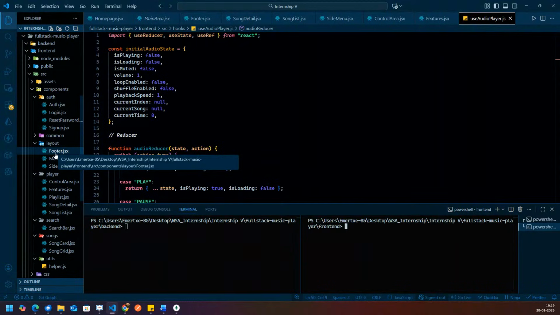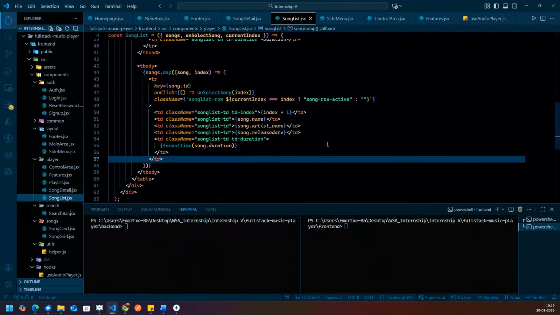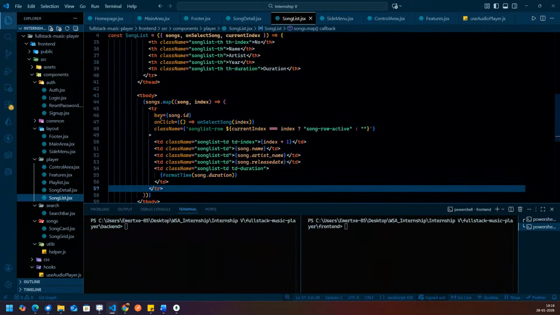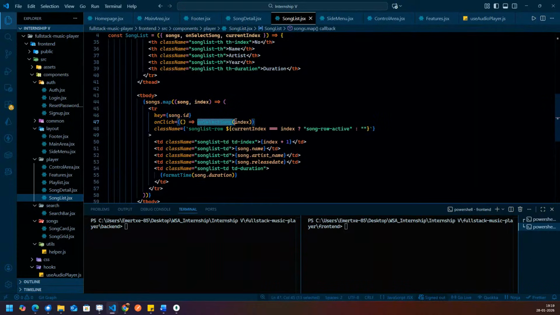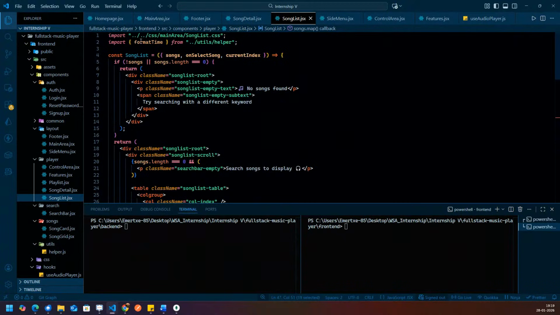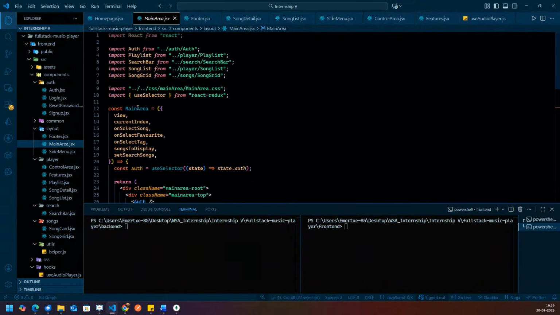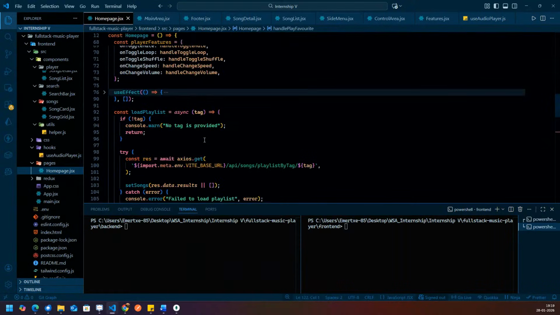So, properties of null, that's the error. So ID it is not able to verify. When you click on play, if you go to the main, go to the song list, correct? In the song list, this is the functionality you have written: on select song, index value. This on select song is coming in the song list, so it will be inside main area. And in the main area also, on select song is coming from our home page. Fine. So home page, if you go and